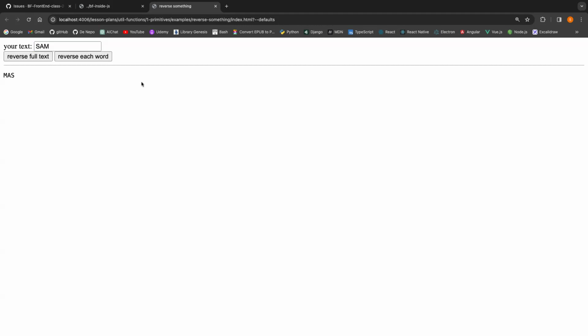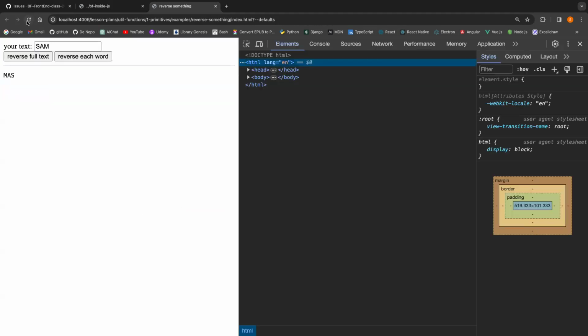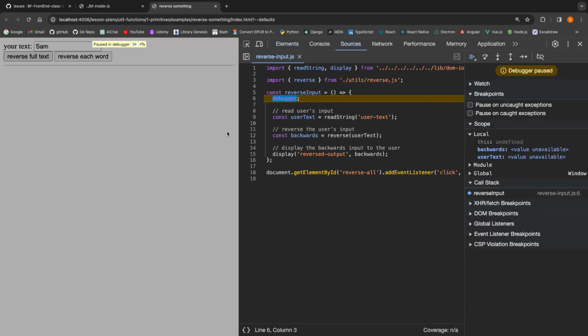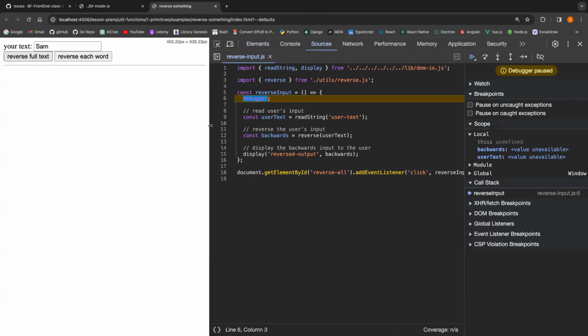Okay, let's try to debug our code and see what's going on. Let's inspect, refresh. Let's add something. So from, for example, and let's click on it and voila. So what's going on here? Well,